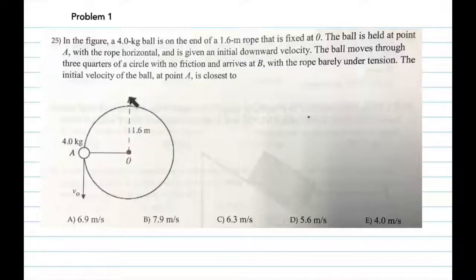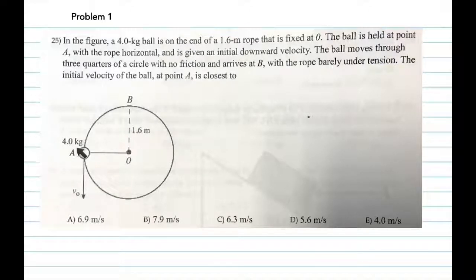Correct? If there is no tension at this point, then the only force is mg. And so mg should be equal to the centripetal force. If you write that just now, write it. mg is equal to mv squared by r. The masses cancel out. You will get the velocity at that point. That makes sense? Once you get the velocity at that point, you go to, okay, we have to use the